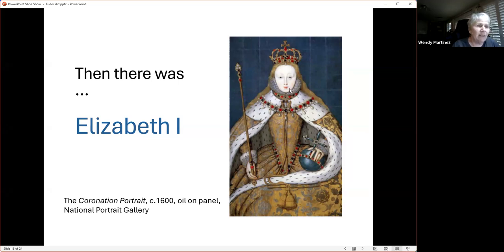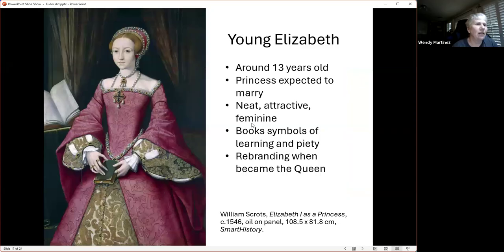But here we see this is long after her coronation. She's very young looking, and she has this long flowing hair, very youthful. But let's see what she indeed looked like as a young princess who would be expected to marry, maybe have an advantageous marriage to further the prospects of